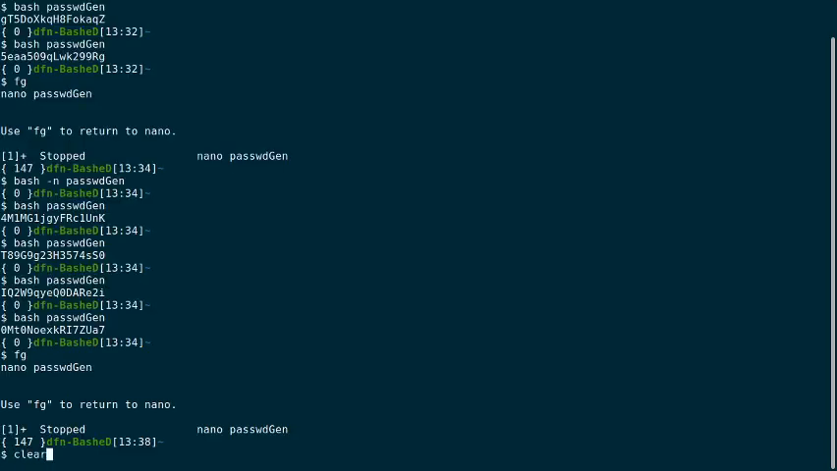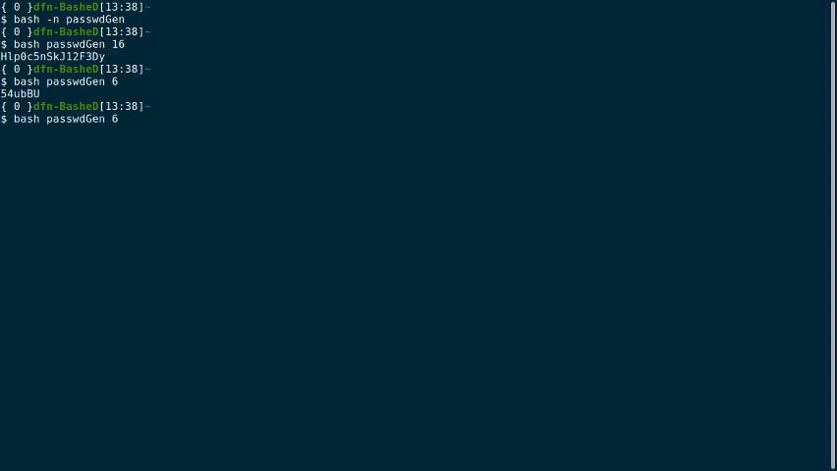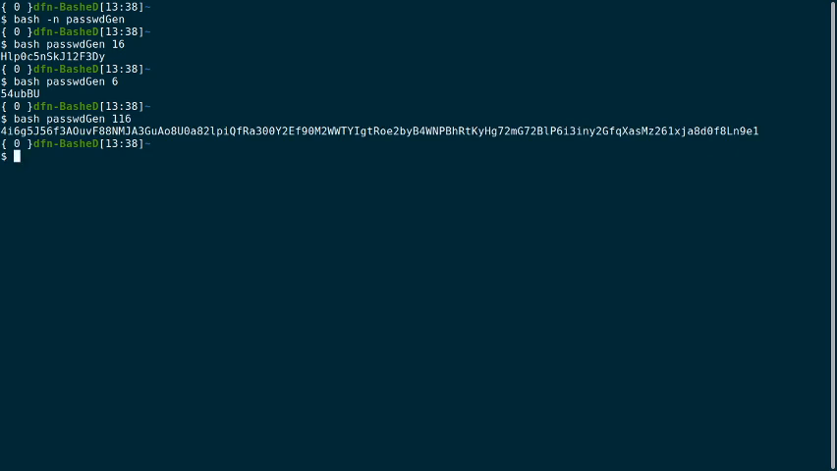So let's take a look at that again. Check our syntax. Syntax looks good. Generate our password. Let's give it 16 characters. Let's give it 6 characters. Now let's give it 116 characters. Oh, well, Bash did it, so that took a little while, but it did generate a 116 character password. Now, it's probably not something we want to normally do,